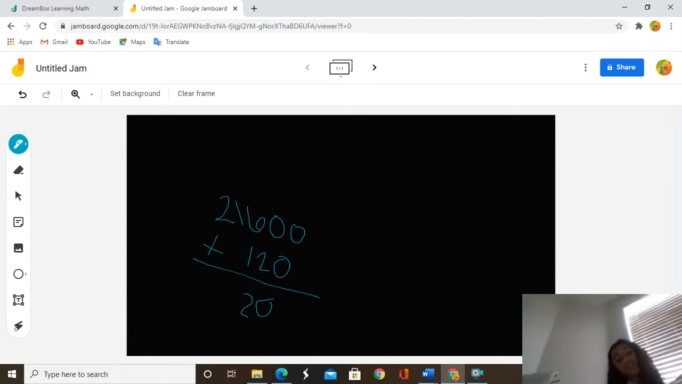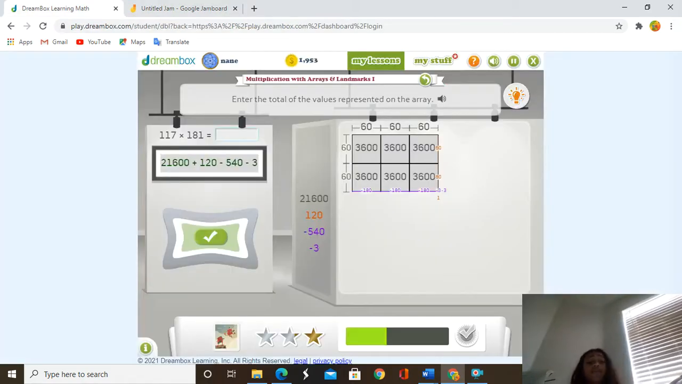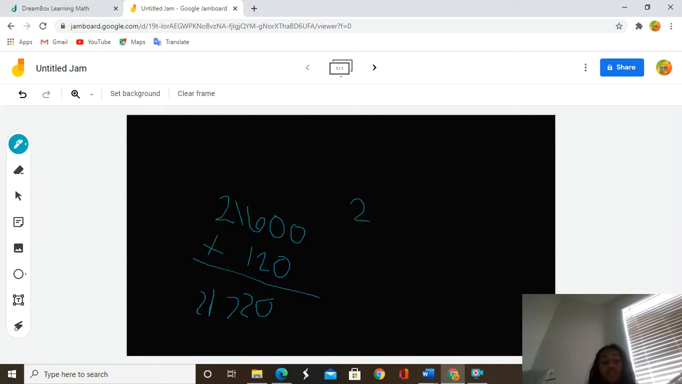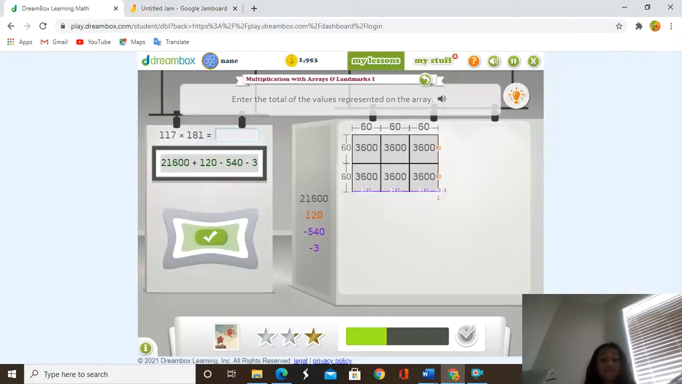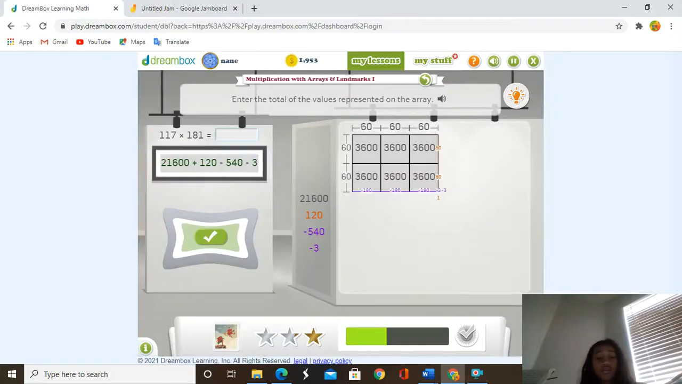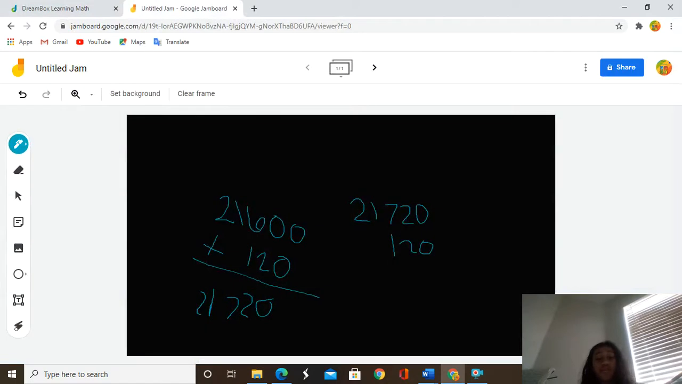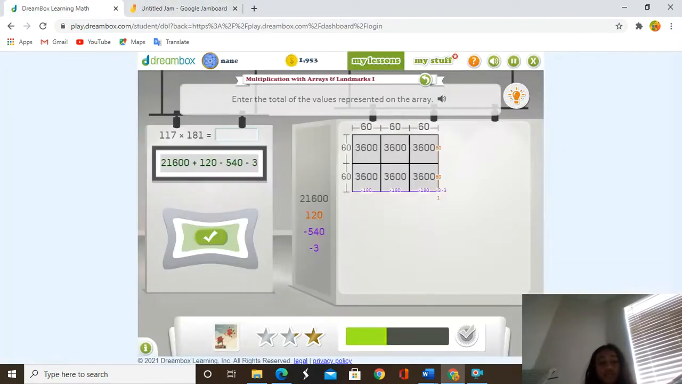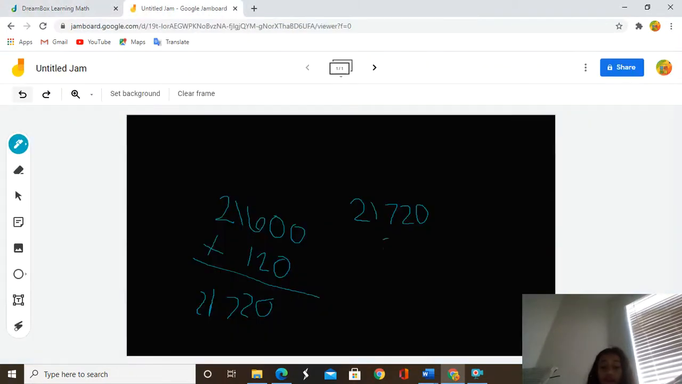So we have 2, 7, and then 1, and then 2, 7,720. And then minus 540. 21,720 minus 120 would be back to 21,600. Oh, okay, so actually it would be minus 540. Sorry about that. So minus 540. That would equal